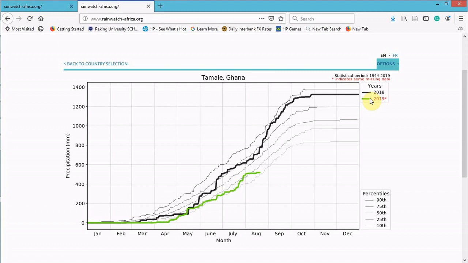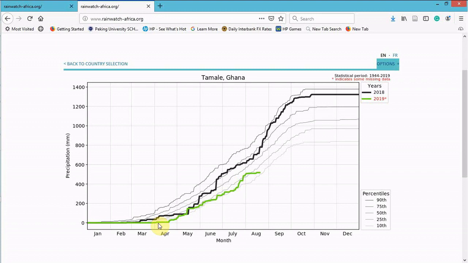Now, RAINWATCH is affording you the opportunity to monitor the season from the very first rainfall event and relate it to the forecast and see how well the forecast has performed, because you might have taken decisions based on the forecast. And when the season unfolds and it is deviating from the forecast, it means some of your decisions have to be reviewed,